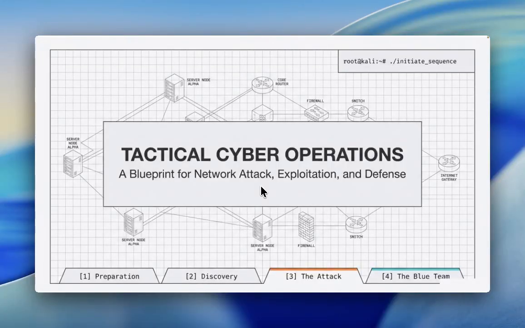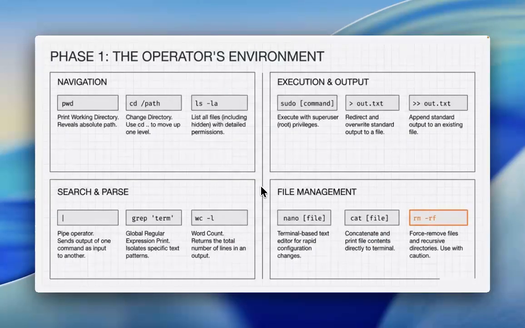You actually log into your Kali application and then you are initiating a sequence. In the first stage, let's go to the navigation, the operator's environment. Then you go to the path and ls -ll. So what pwd does, it's like your print working directory, it reveals the absolute path. cd changes directory, use cd